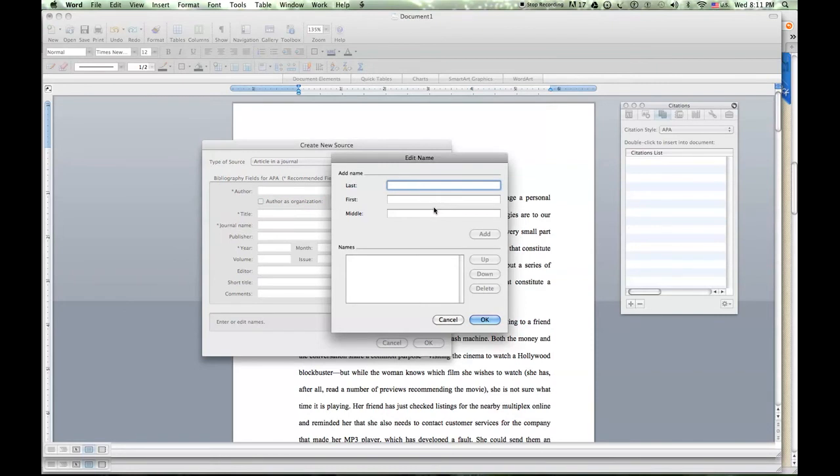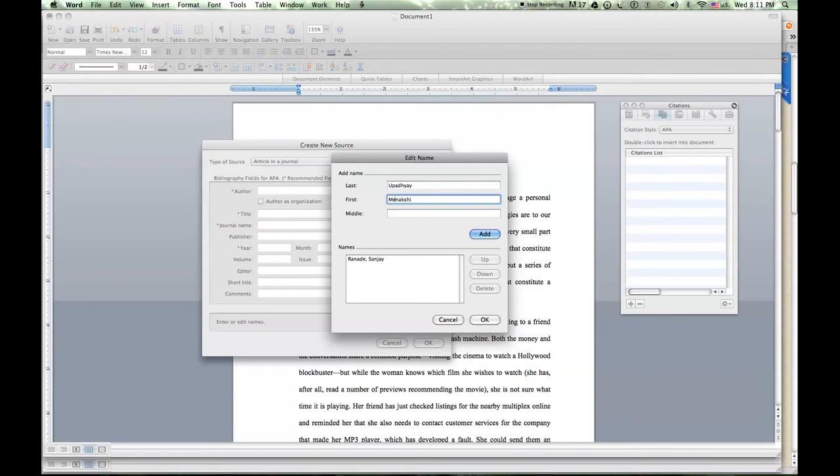So we have the last name first, Ranade. We have the first name, say Sanjay. You may or may not add the middle name, you say add. So you have another author, so then maybe you can have Upadhyay, Meenakshi, add.